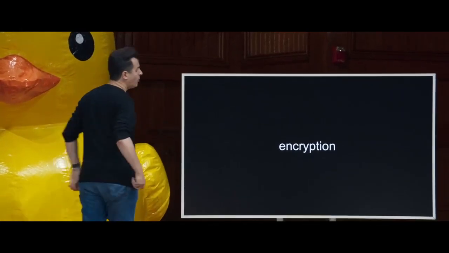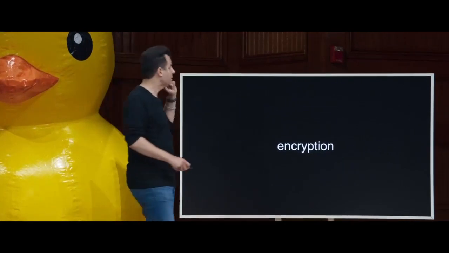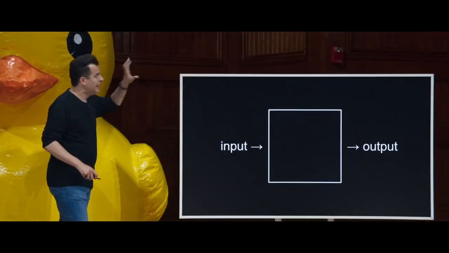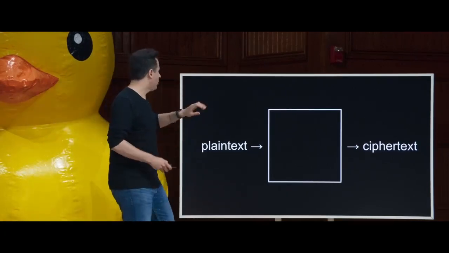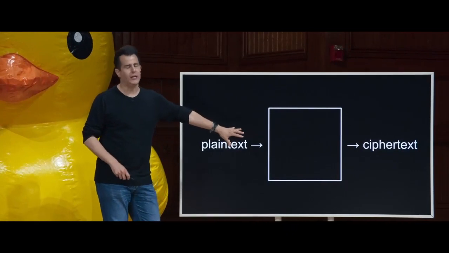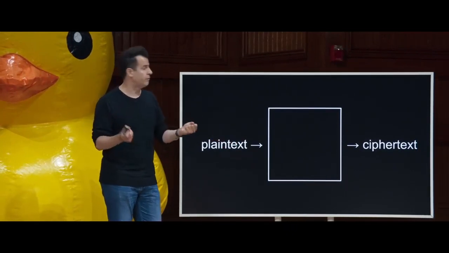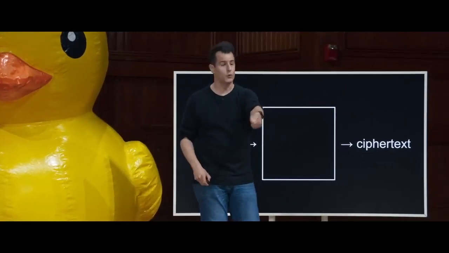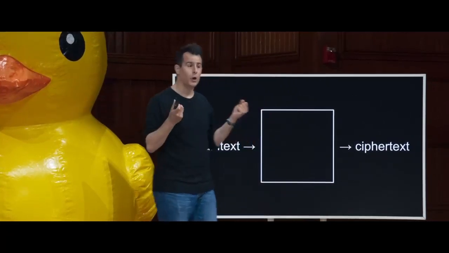In the world of cryptography, then, encryption means scrambling the information so that only you and the recipient can receive it. So if we consider our black box, like in week 0 and 1, here is the problem to be solved. And let me propose a couple of pieces of vocabulary. Plain text is any message written in English or any human language that you want to send and write yourself. Ciphertext is what you want to convert it to before you just hand it off to a bunch of random strangers in the audience or a bunch of servers on the internet, any one of whom could look at your message.